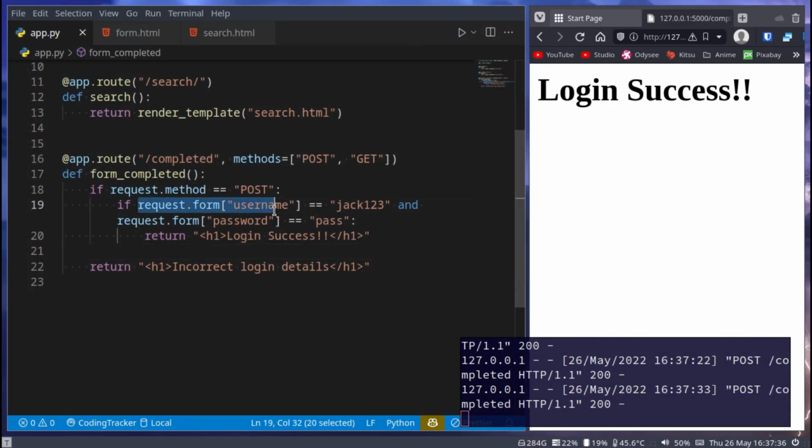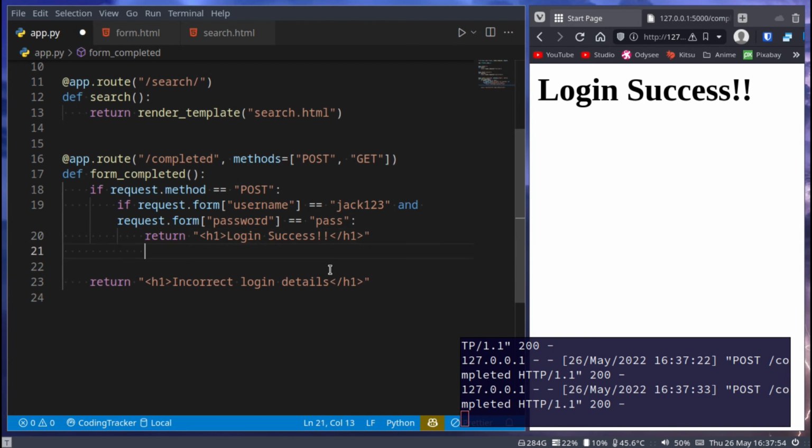Because now we check if the username that's been passed into the form is this, and if the password that's been passed into the form is this. If it is, then we return that. You have created a very basic login system right now. That's actually pretty epic. Now we also want to check else, and this would be if it's a GET request,